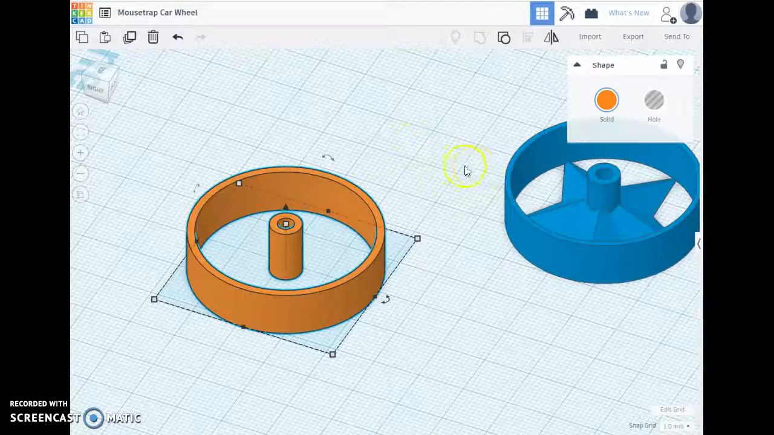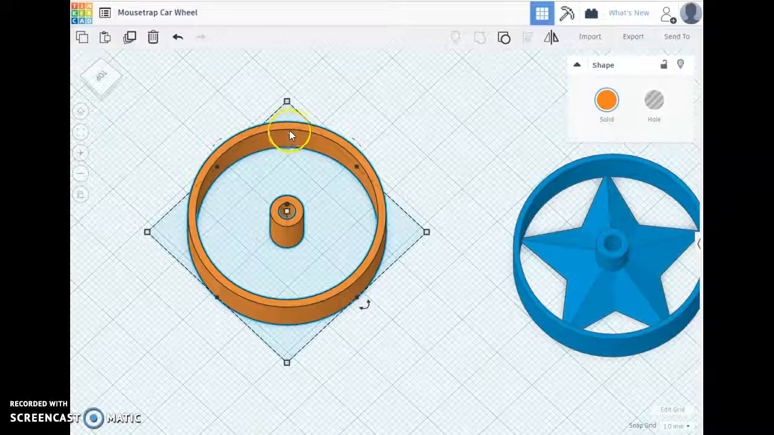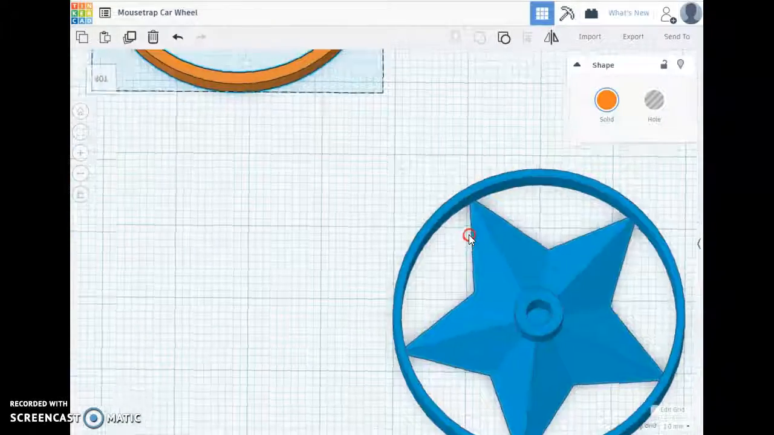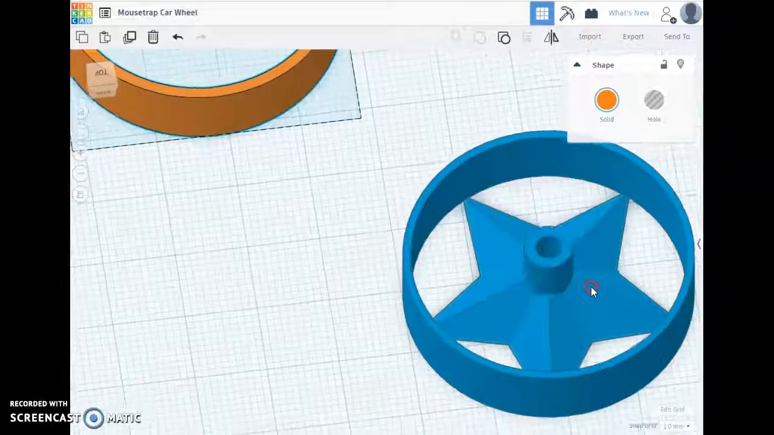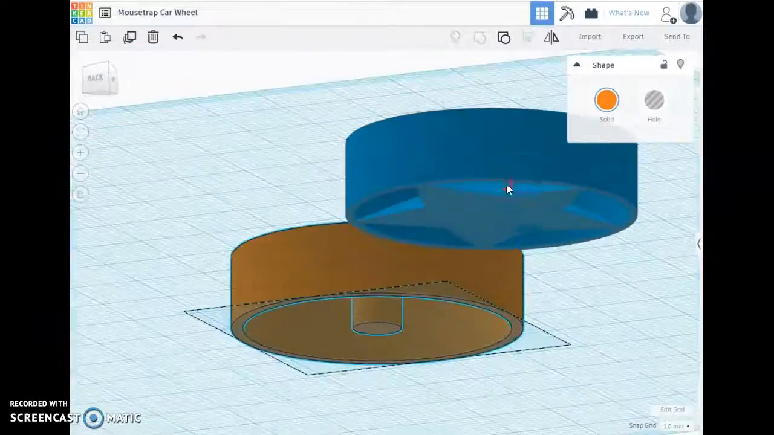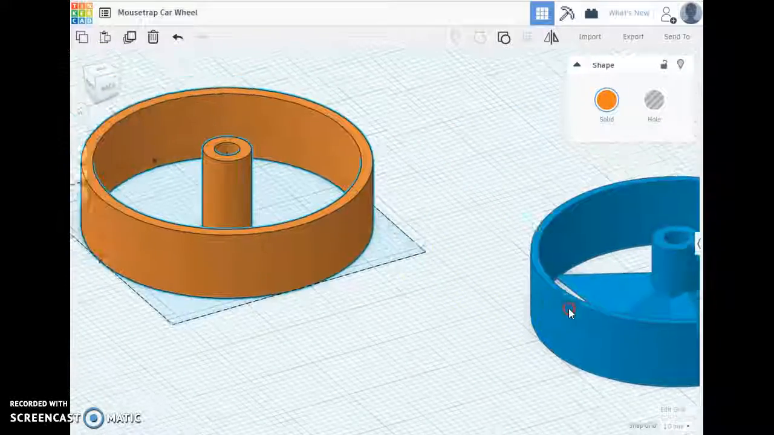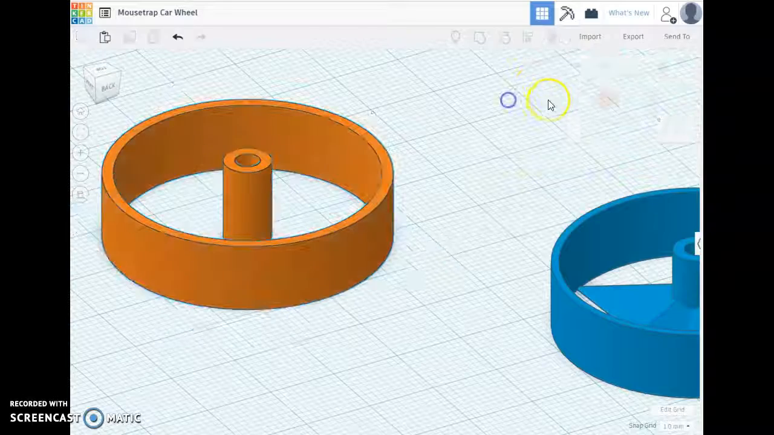Hi, in this video we're going to show how to go from a Mousetrap Car wheel where we have the rim and the hub to some kind of complete wheel where the hub is connected to the rim with some sort of spoke or special shape. Okay. So several options. Some of the simplest things that you could do would be to